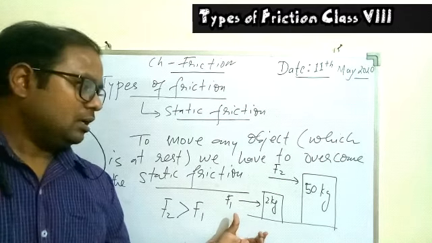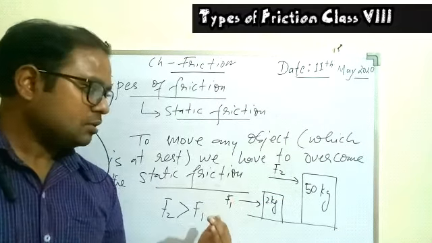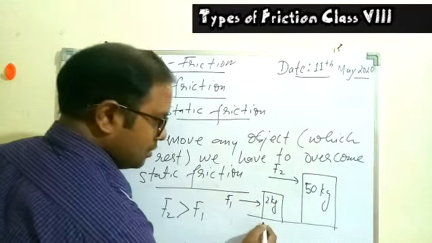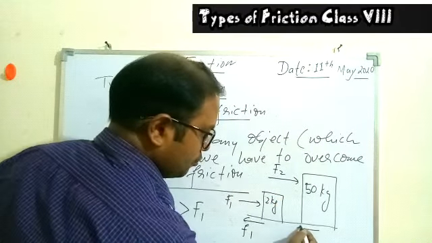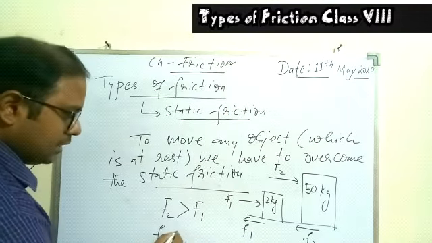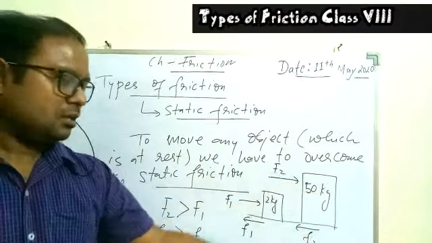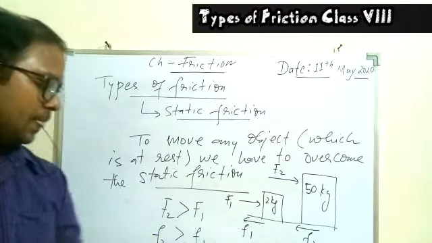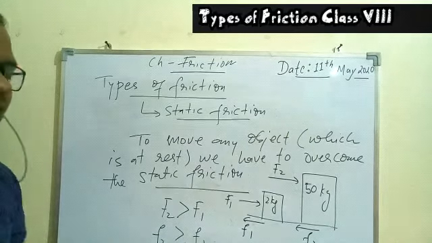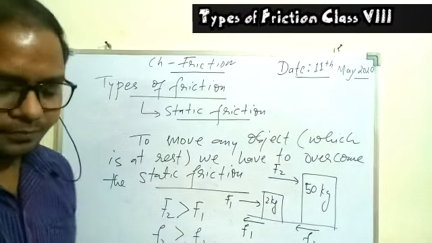Less is the mass, less will be the friction. So if the mass increases, then there will be more static friction. So what is to be done? More applied force should be there. So if I say the friction for this one is small f1 and friction for this is small f2, this is also understood that friction f2 is less than f1. So the heavier the object, the more the static friction, and hence more applied force is needed. That is how to move a heavy object, more force is to be given. So I hope this is understood.